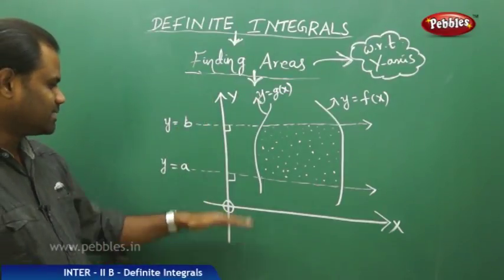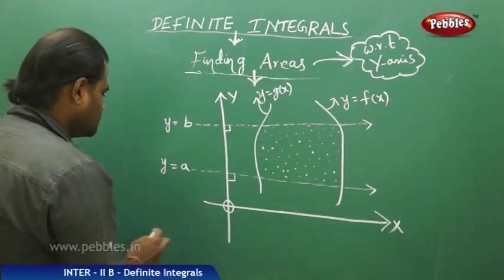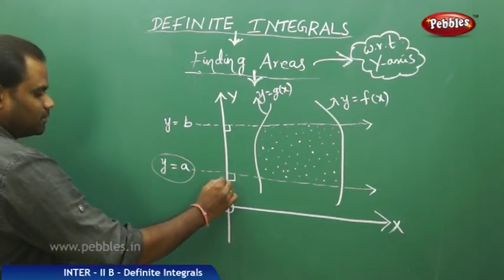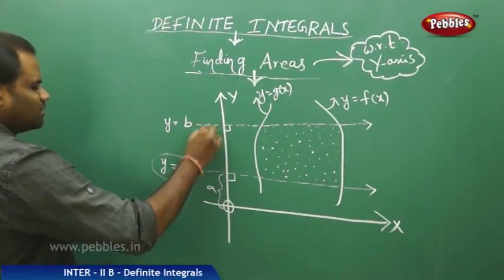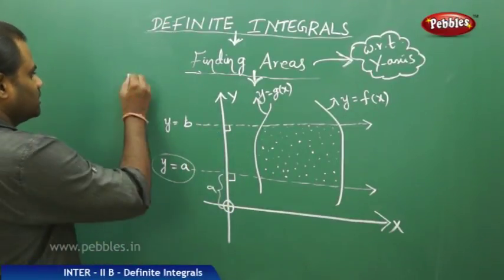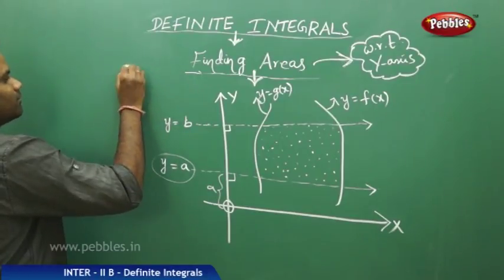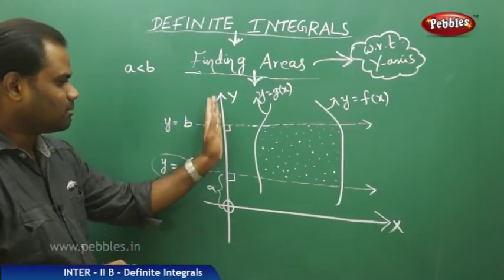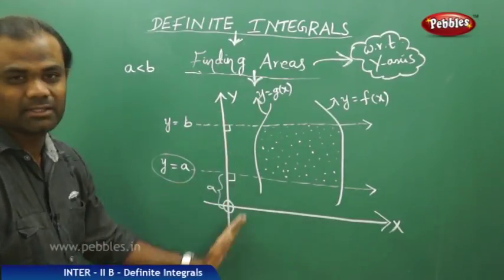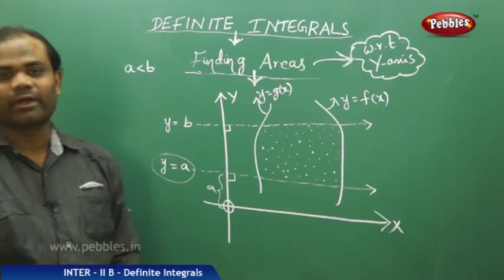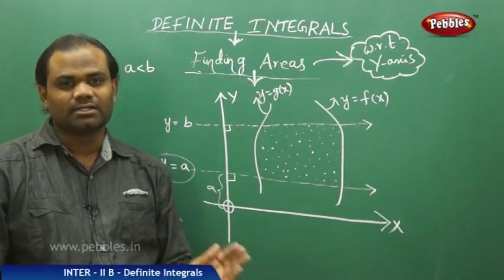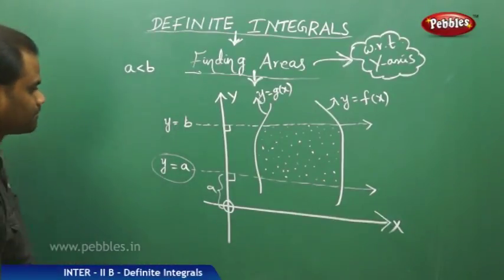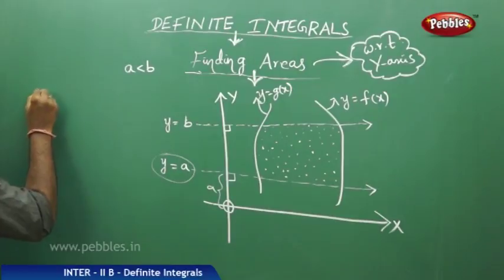So as I see this x-axis and y-axis, I see that my lower limit is y equal to a because this is the least from here. The distance here is a and this whole will be b. So clearly I find that a is less than b. But because it is about finding the areas with respect to y-axis, the whole of x changes to y. With respect to x-axis is about dx, with respect to y-axis is about dy. And therefore, the area of the required region is given by